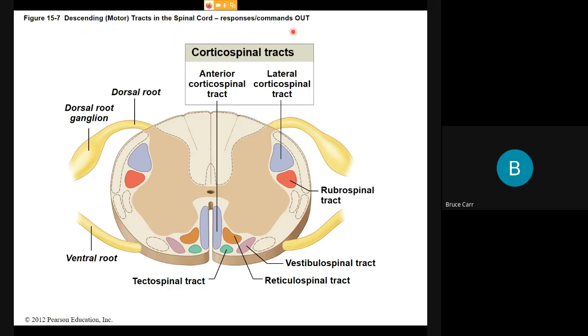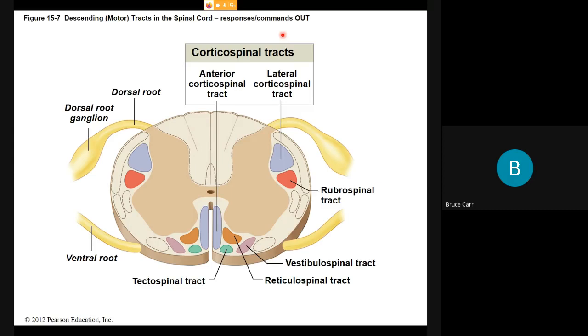Responses and commands are coming out of the brain that are going to effectors. Now, this is a little more difficult to visualize. So, for example, you might have a pain in your hand, but the way you're going to respond to that is to back up. So the muscles are not in the hand or in the arm, they're in the legs and feet. So the responses might be to a different part of the